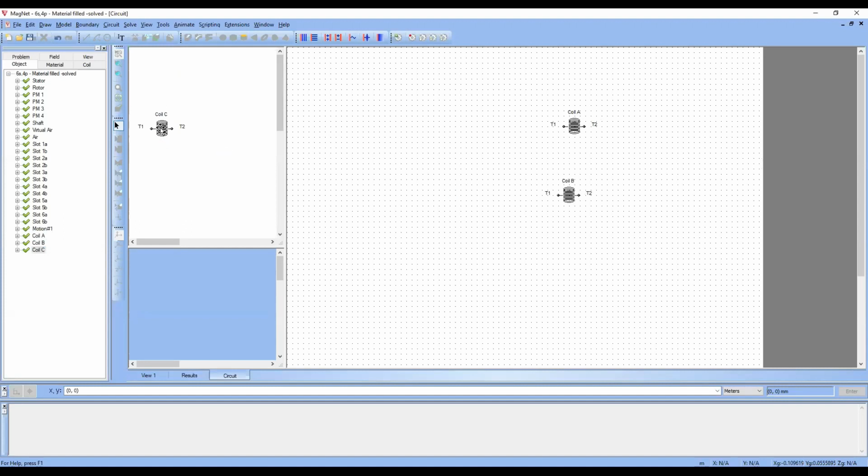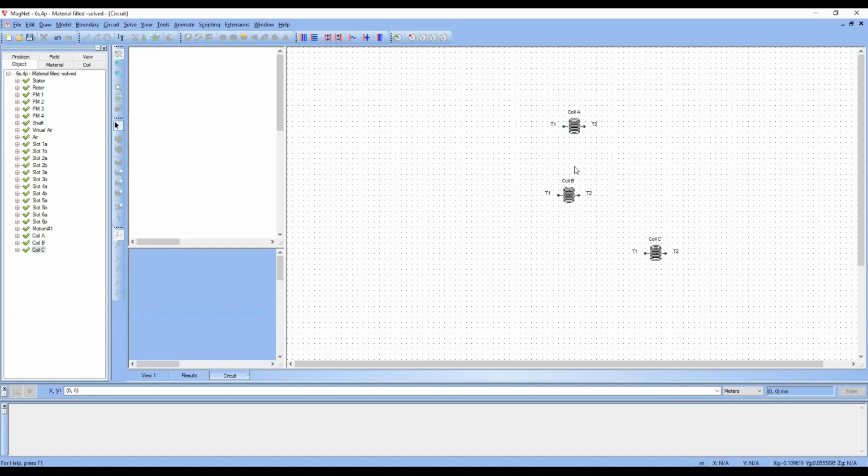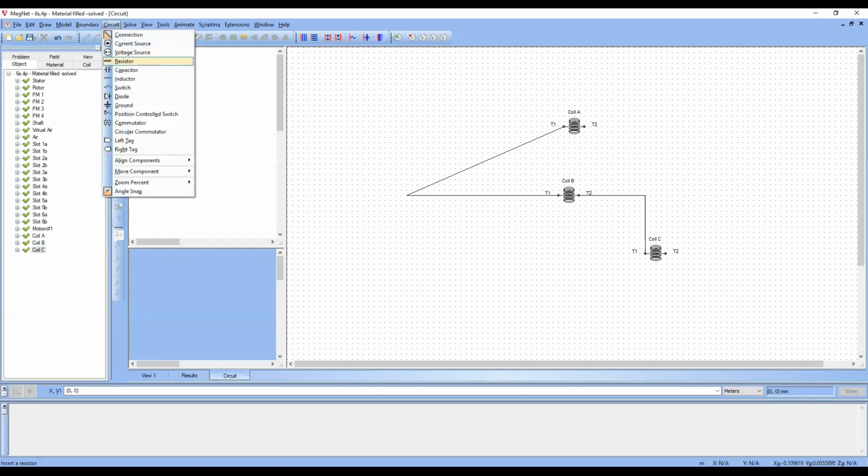You take the second coil, third coil and drop them, and using the circuit tools you can connect them like that. You can give connections like star connected or delta connected. I am roughly doing it, but actually you can do everything. You can create resistors, everything, and you can build your own bridge circuit here as a driving circuit. You can even give supply to the excitation coil through your bridge circuit also.